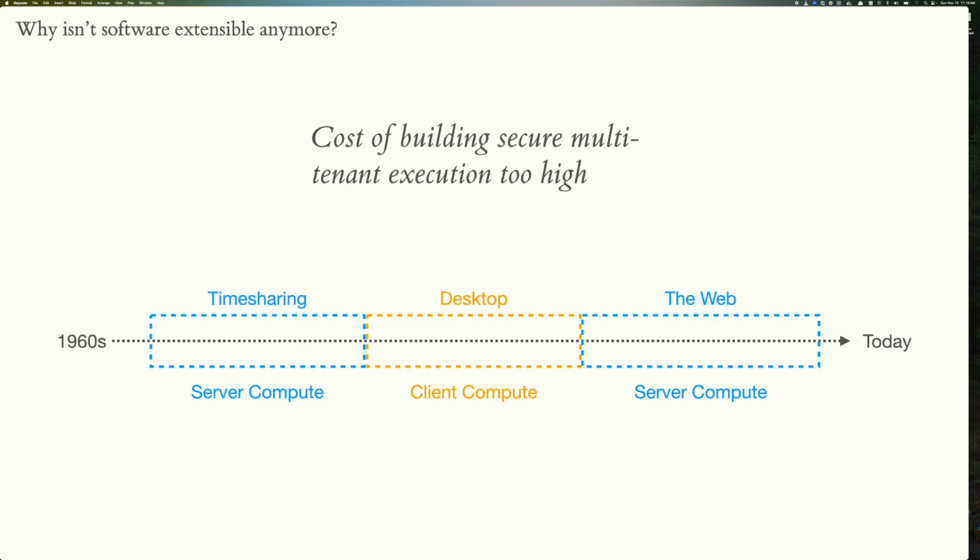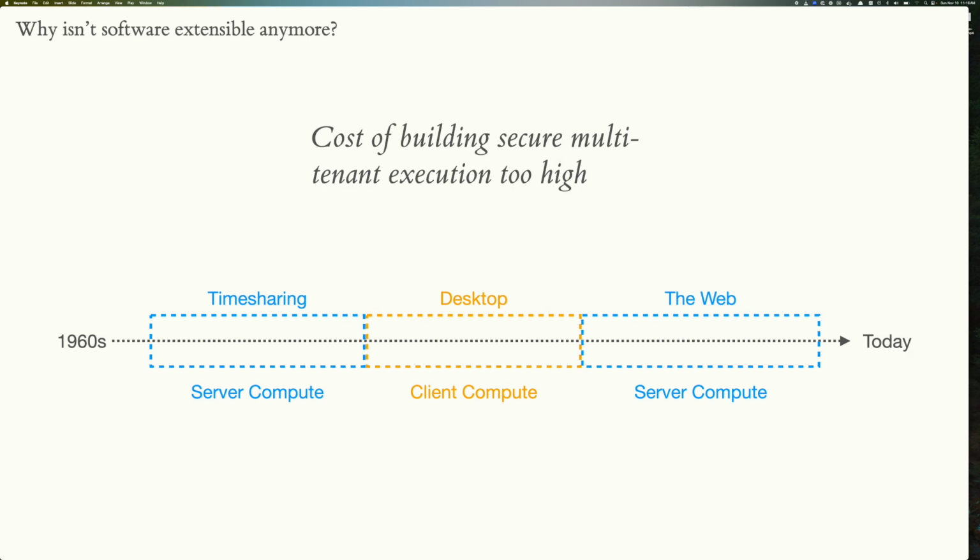So that kind of takes care of the market thing. I think the number of people who know how to code a little bit is going to grow, and that's going to take care of that. The other side is the cost of building this stuff is very high. So what do I mean by that? This is a brief overview of where compute has lived over the past 80 years or so. Initially, back in the day, it was kind of like cloud computing. Everyone had these big computers and you would all timeshare into it, and you would all share the compute on the server.